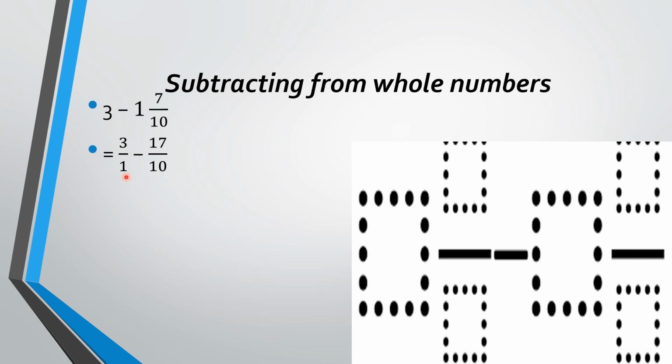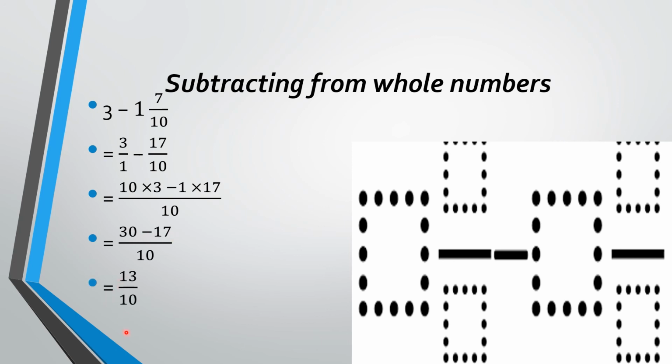There are two denominators, 1 and 10, and we know that the final denominator is 10 because one denominator is 1. So the final denominator is 10. We will write 10 here. Now we will divide 10 by 1. So we will get 10. Multiply this numerator, minus 10 1s are 10, multiply this numerator 17. Now we will do multiplication first. 10 3s are 30 minus 1 17s are 17 by 10. Now we will subtract 30 minus 17, which is 13 by 10.